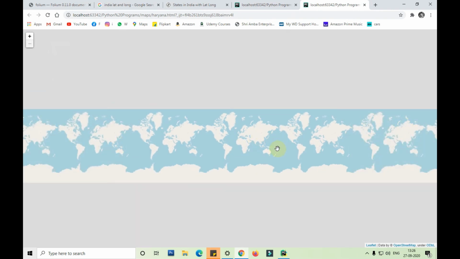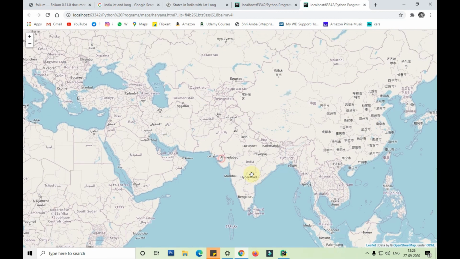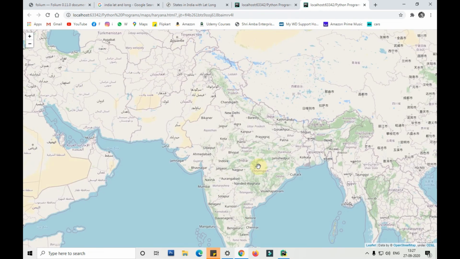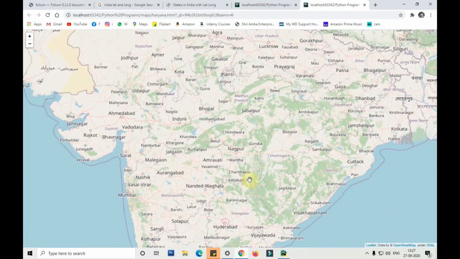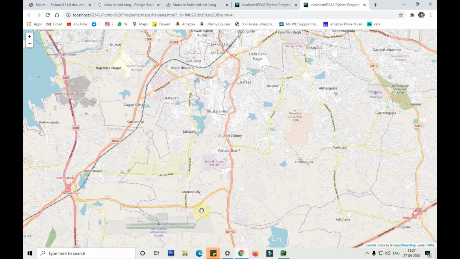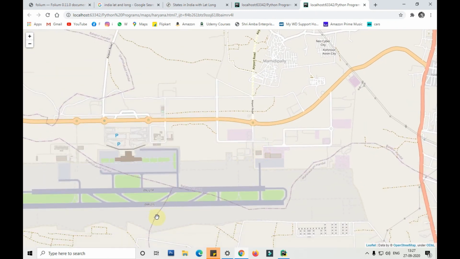So this is how the actual map is, but once you zoom in, it is able to fetch the data with the help of the JavaScript code written behind. As you can see, it is showing a few major places available in our India: Bangalore, Mumbai, Hyderabad, Ahmedabad, Prayagraj, Lucknow, Delhi, Kathmandu, etc. All the major places are being shown here. Once I zoom a bit, it shows a few more places, and as you go on zooming, it keeps increasing the places it can show us.